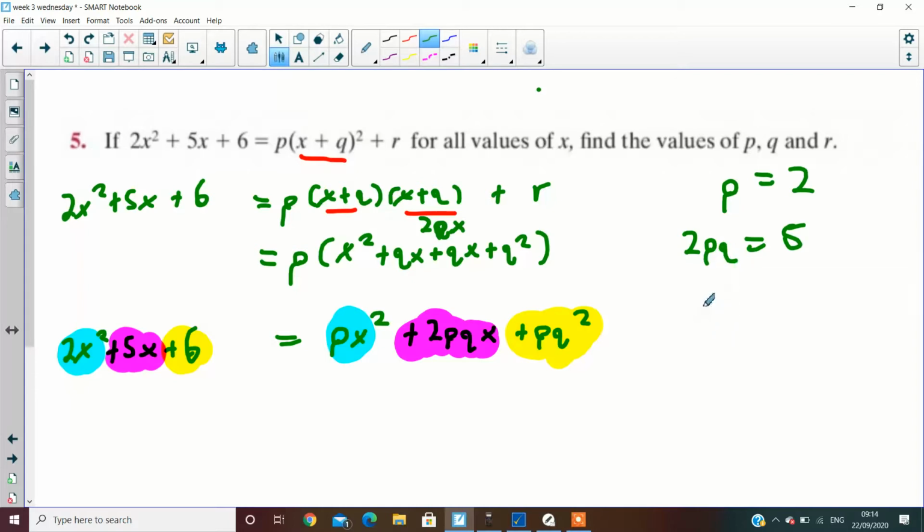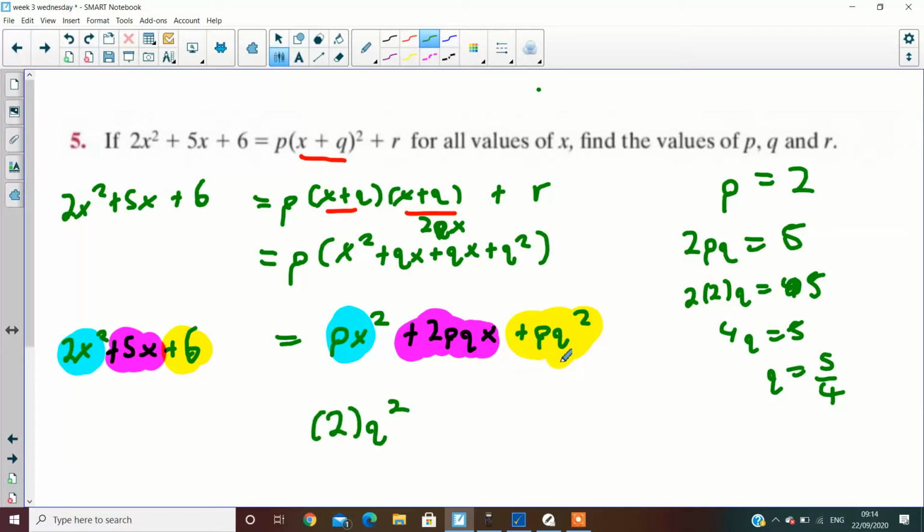And then we replace p with 2, so it's 2 times 2 times q equals 5. 4q equals 5. q equals 5 over 4. You also could have done pq squared if you wanted, where it's 2q squared. See the way we replaced the p with 2? Everybody see that? We replaced the p with 2, so we replace q squared there, and that will equal,